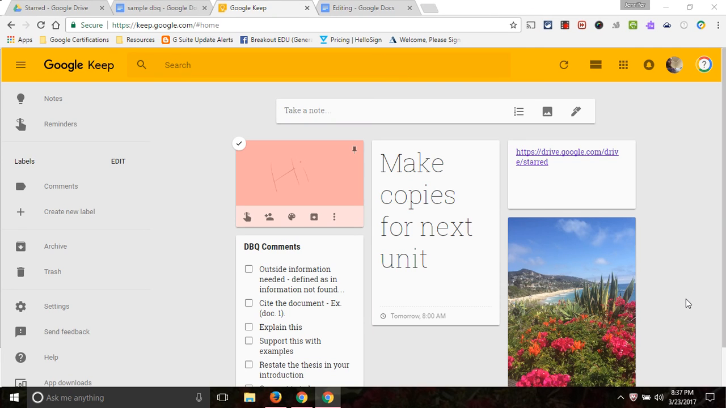Most people are familiar with Google products like Search and Gmail and Drive. Google has several other products that are useful in the world of education, and one of those is Google Keep. You may or you may not have heard of this, but Google Keep is basically kind of like an online